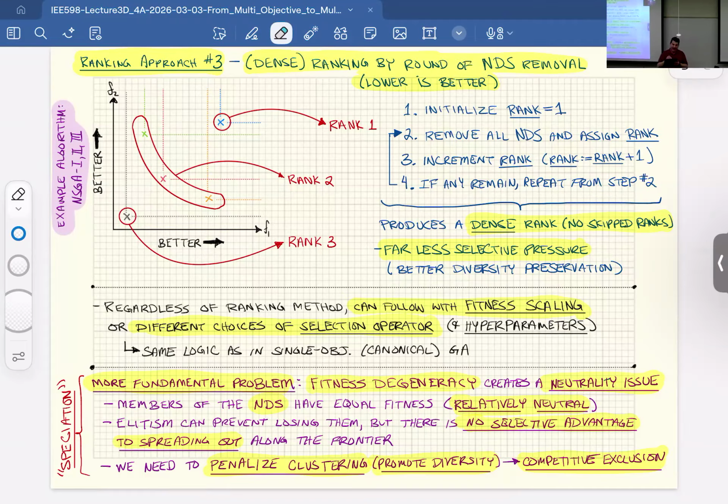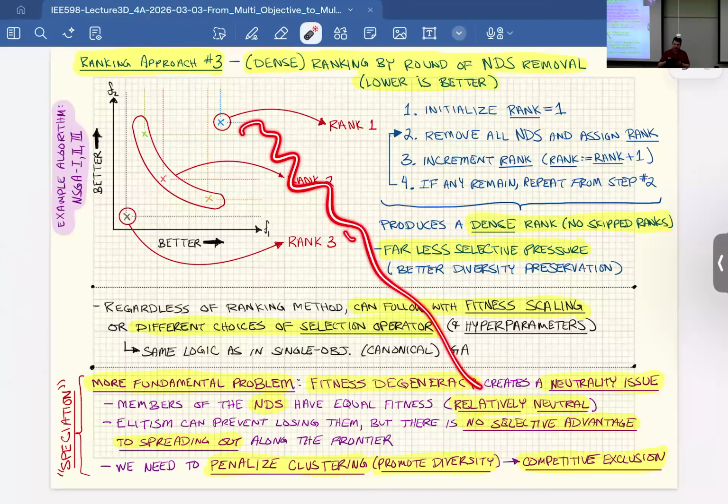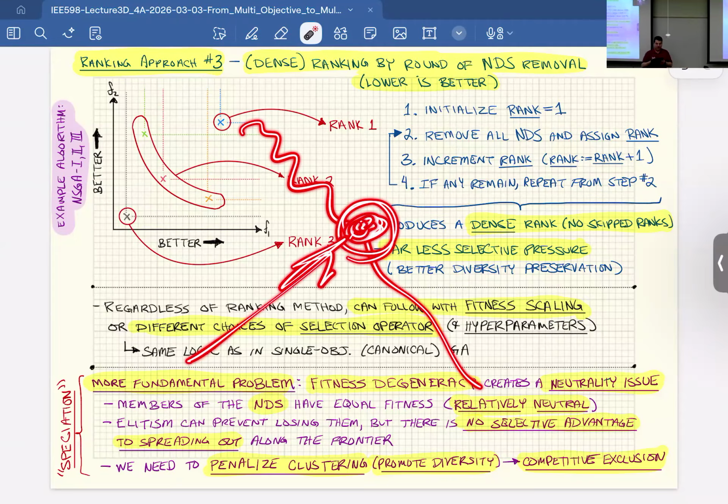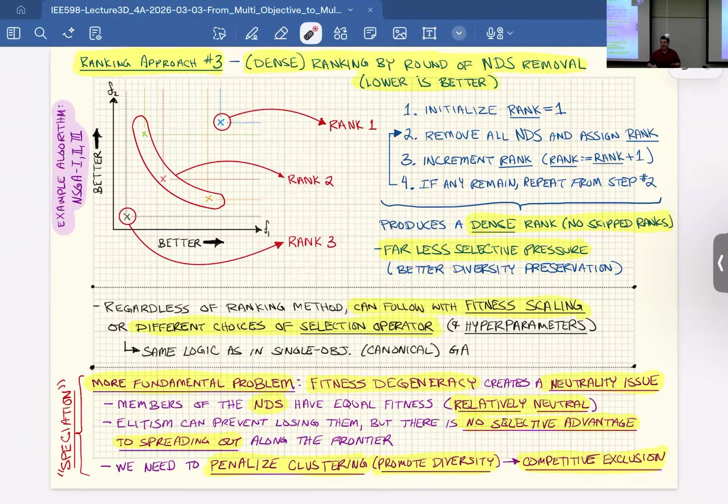If we find that everyone has arrived at the same point on the Pareto frontier, like every individual just happens to have found itself here, then we're going to want to penalize that and create some exclusion so we can start spreading these individuals out to find other points along the Pareto frontier instead. And that's what these so-called niching methods do. Okay, so we're going to go on now and switch to niching methods and diversity preservation.